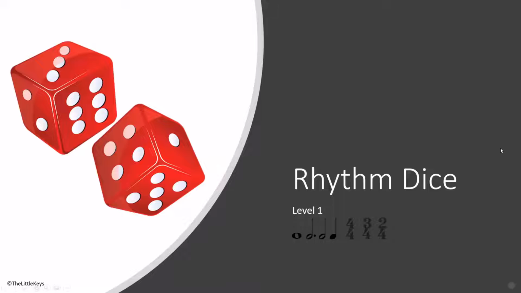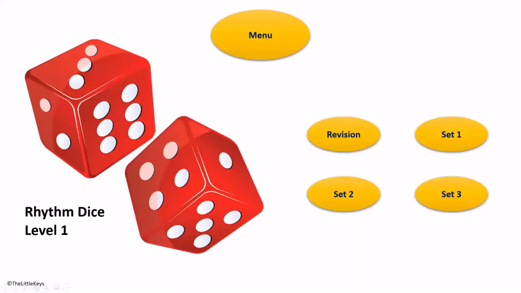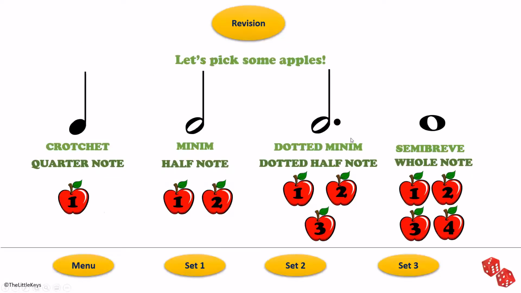One click anywhere on the screen will take us to the main menu, where you can select from the 4 options: revision, set 1, set 2, or set 3. Let's start with revision. Simply click on the button and it will take you to the slide with note value revision, where the beats are shown as apples, something a little bit more visual, especially for the younger ones to